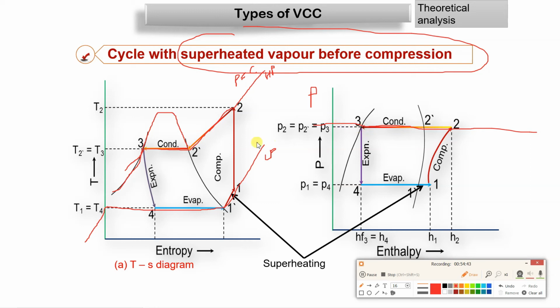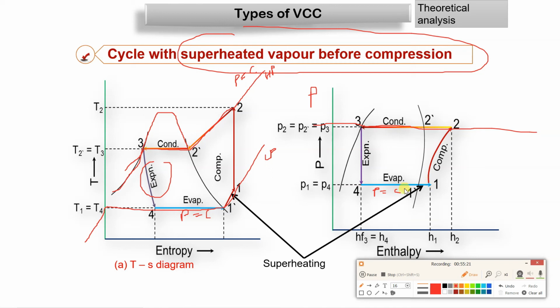At point 3, both the diagrams you can see we have saturated liquid. Then 3 to 4 is isenthalpic expansion. Enthalpy remains constant. You can see on y-axis. You can see on x-axis. And 3 to 4, you can see this enthalpy, it is curve, isenthalpic curve on TH diagram. At point 4, we have liquid plus vapor on both the diagrams. Then pressure equal to constant heat absorption is there in evaporator. And finally you can see point number 1, it is superheated.